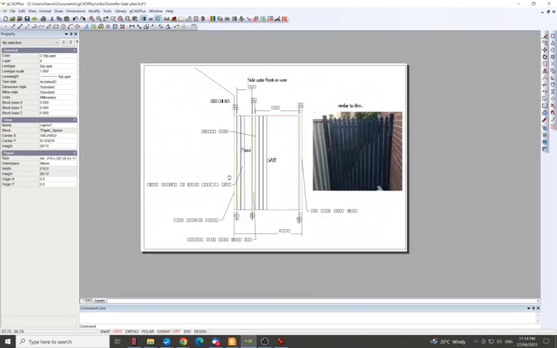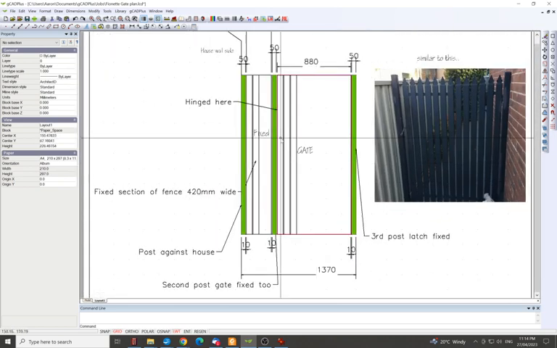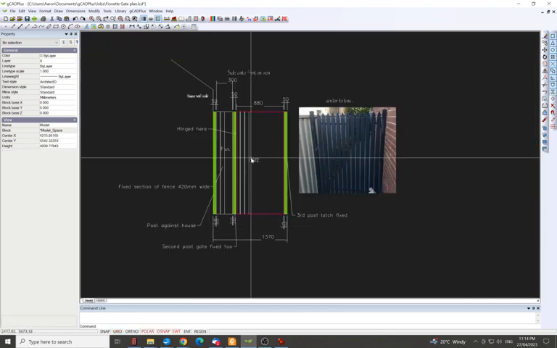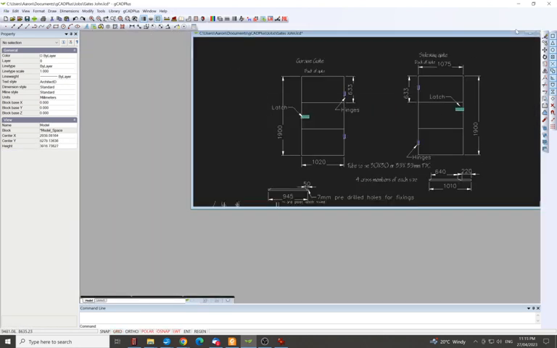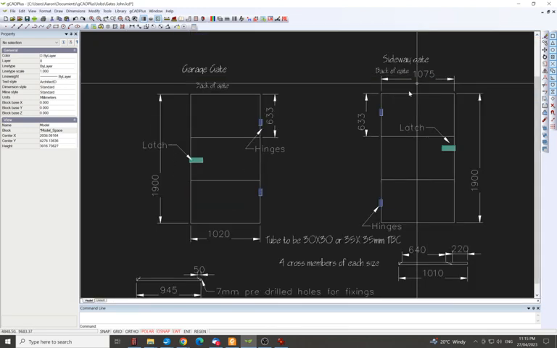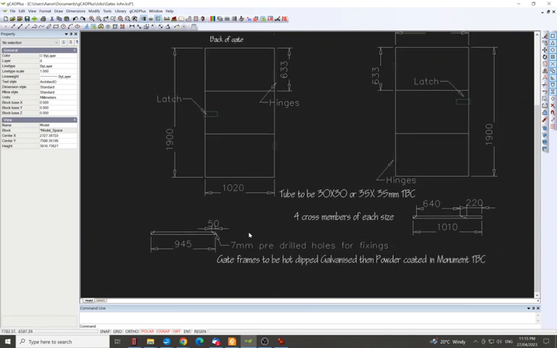This is on the layout sheet, and I've done that similarly, and I've put the pickets on there. This was done a while ago. So there's the model space. There's another one, and here's a double gate that we did. It had a few other little things, these cross members here as well. This gate here,